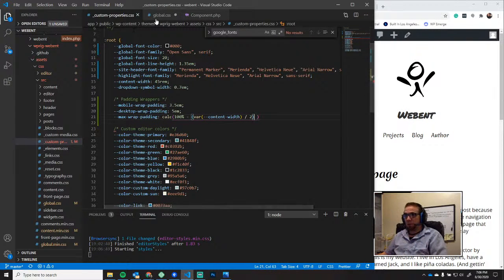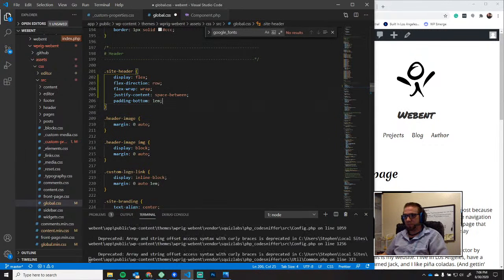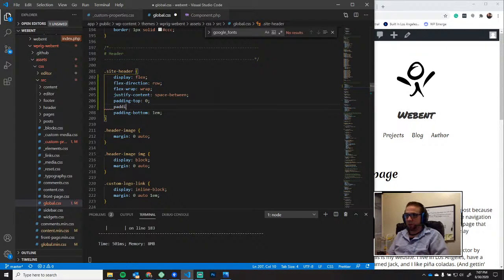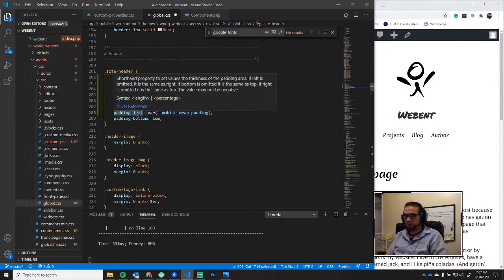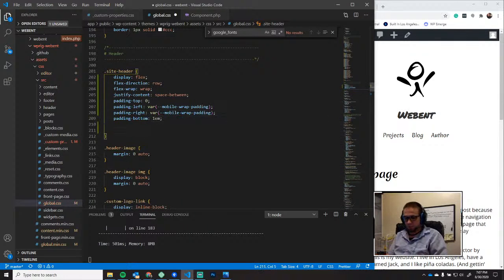We save, and we can come back here to global, and we've got padding bottom. Let's go padding top 0, padding left, var mobile wrap padding. I'm gonna go ahead and just copy and paste it, change left to right,